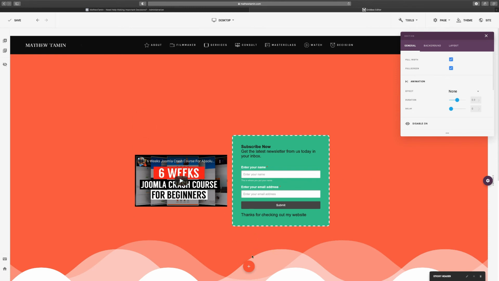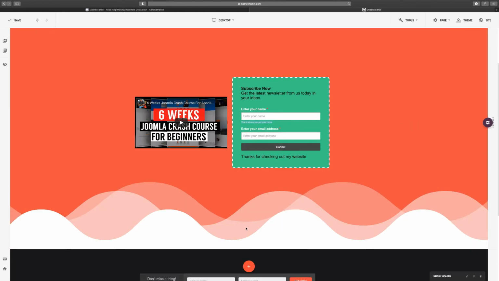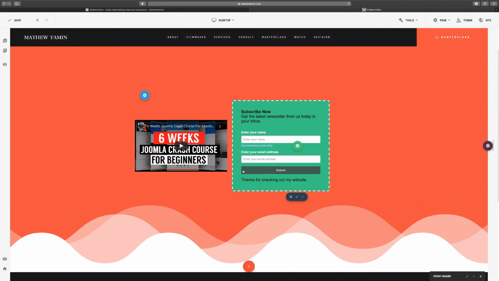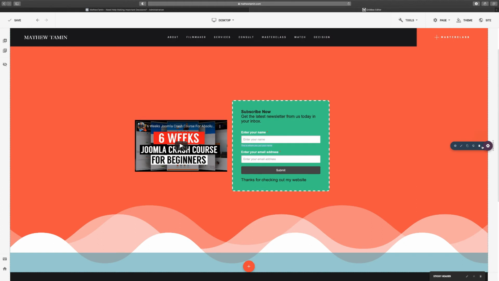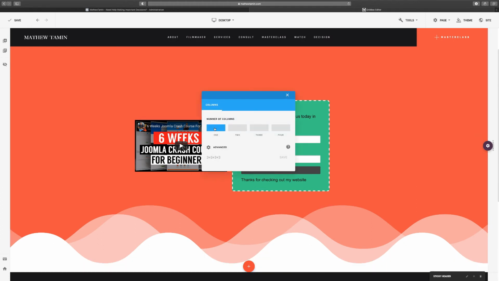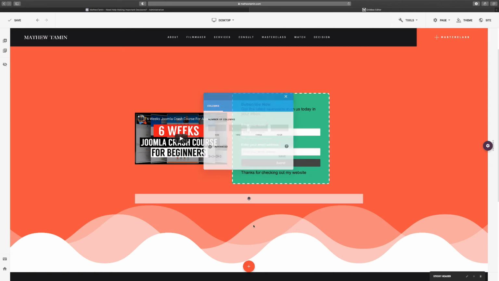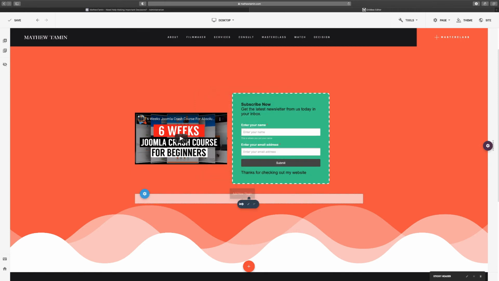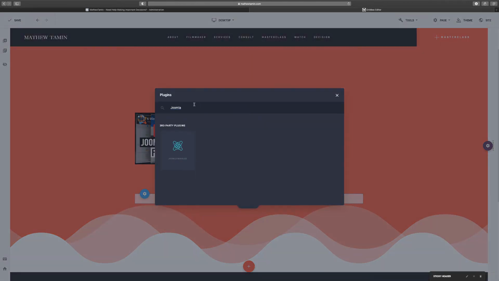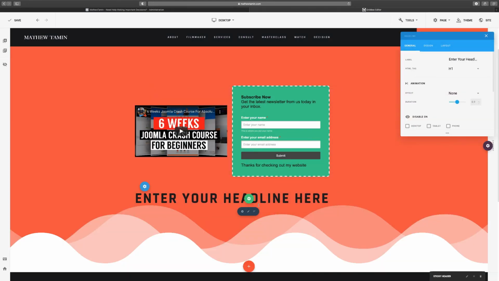So I am going to, let's see what we're going to do here. So I'm going to add, if I add in another row right here, it's asking me how many columns. I'll just choose 1. And you see how this works. I'm going to click to add a plugin here. I'll put in a heading. So I'll put the headline. And with the headline, I can put in, let's say I want to make it